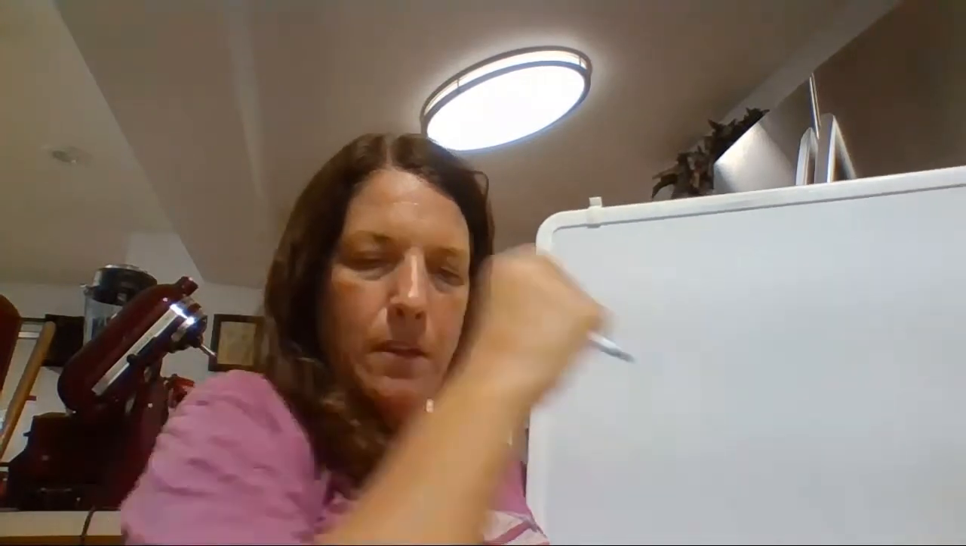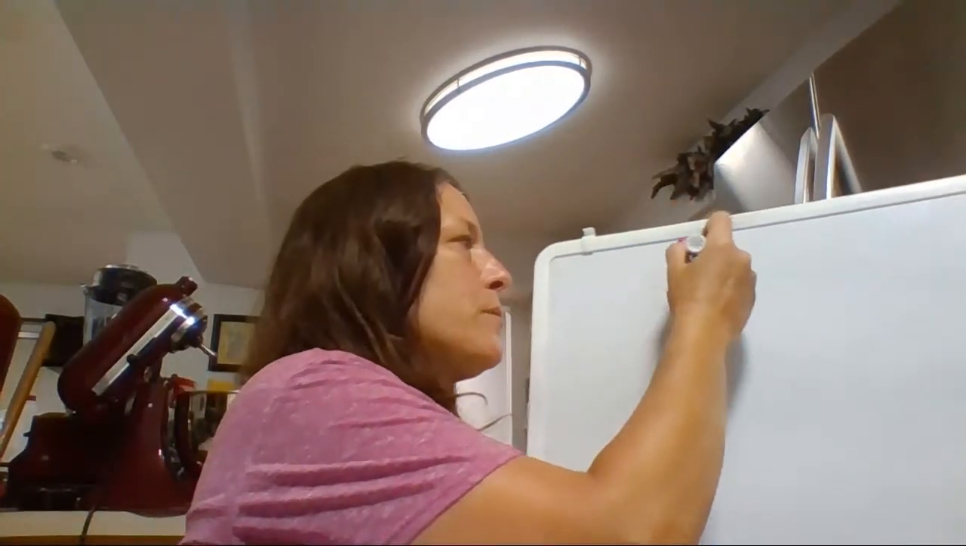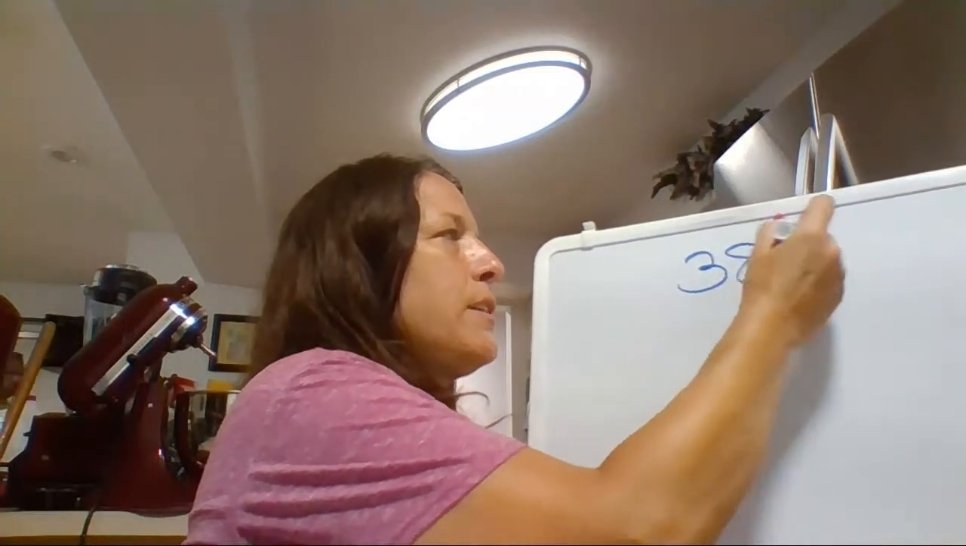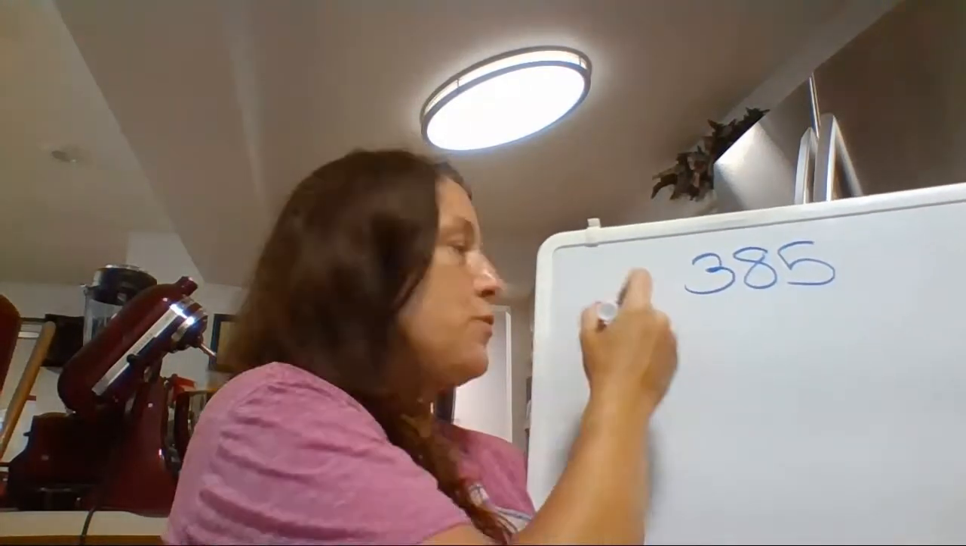All right, the second one says, which answer choices, and it says choices, so we're going to have more than one, shows the expanded notation form of the number below. Well, goodness, we have not done expanded notation yet, have we? All right, so you have a number, 385. And your choices were